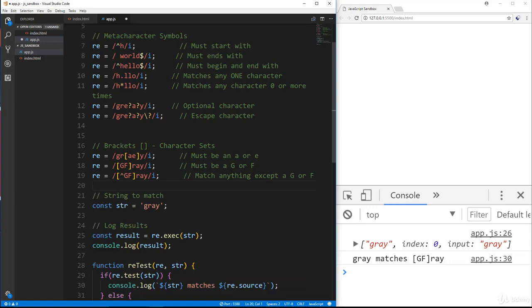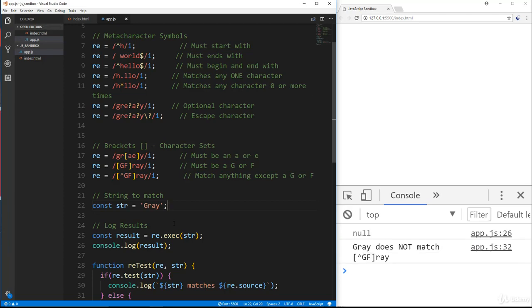If I were to say gray, it didn't matter if this was lowercase or uppercase, but if we save that, we're going to get null because it is a G or an F. If I were to do an F, we'll also get null, not a match. If I were to do an X, it's going to pass